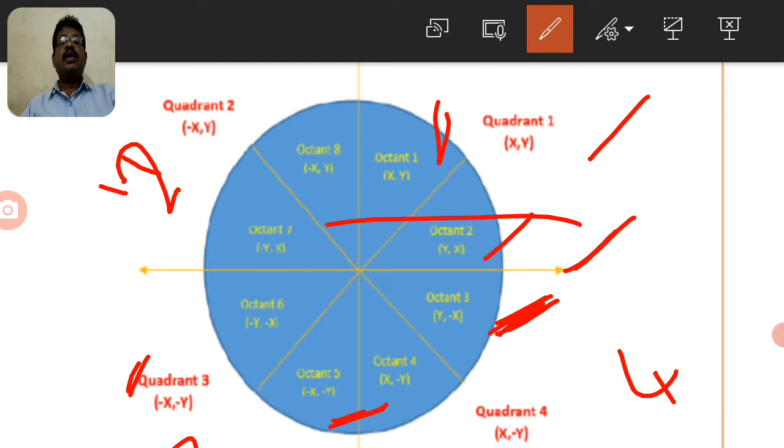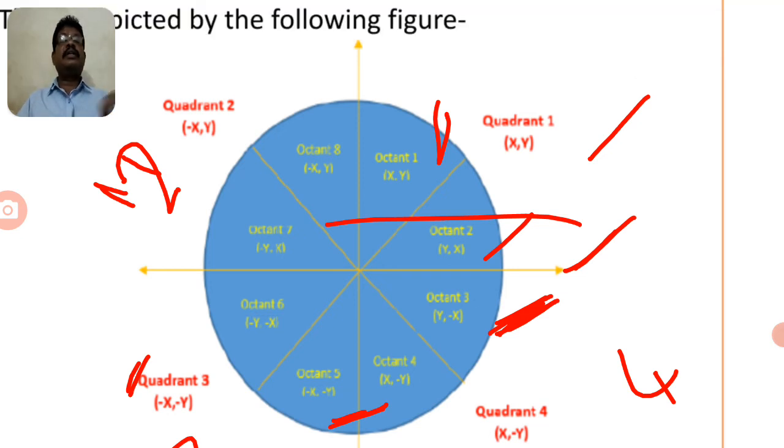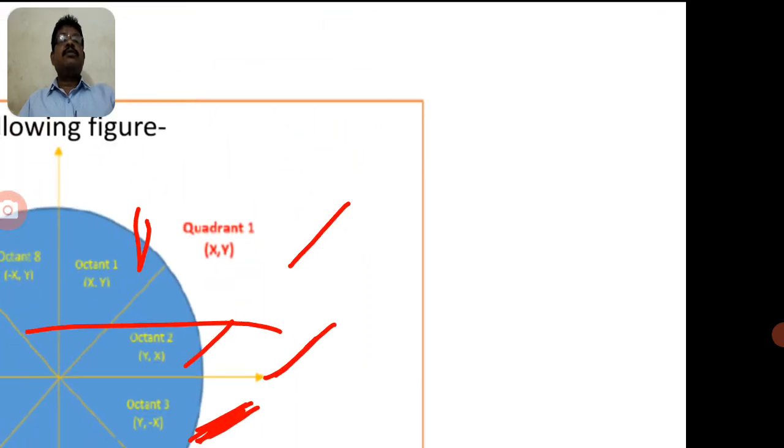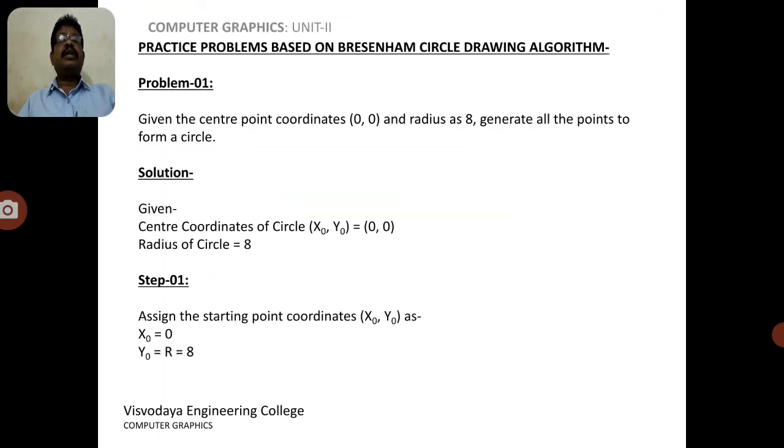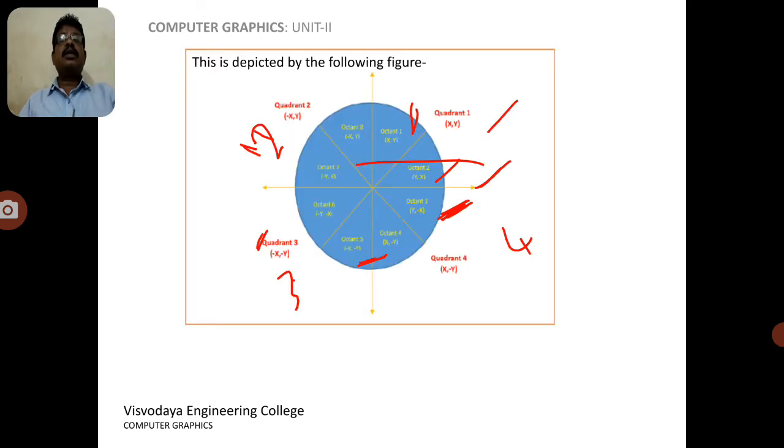And coming to the last quadrant, this one is the last quadrant. In this quadrant again you can observe the 2 octant values. The original octant value is the y-axis positive and the x-axis negative. That means the y value is positive and the x value is negative: minus x comma y, whose reverse value is minus y comma x. So in all these quadrants we can find the number of iterations. Now based on this concept we will continue with how to find the coordinates with the given procedure.